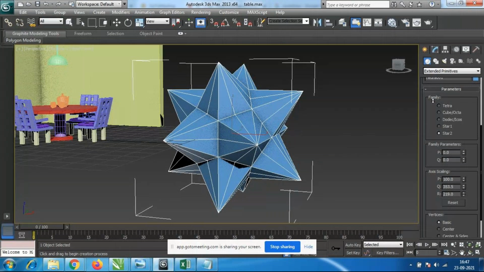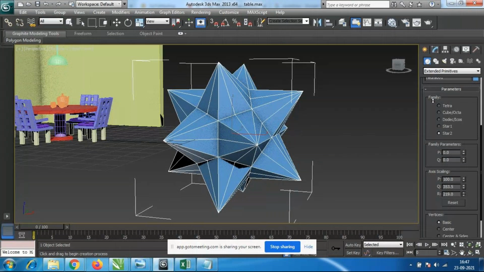Otherwise we have the basic center sides, any of the changes. If we give this reset option, it changes from the beginning. If I give this cube again, it changes from the beginning. The radius is totally increasing and decreasing.